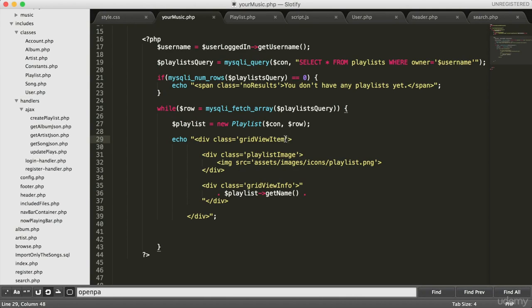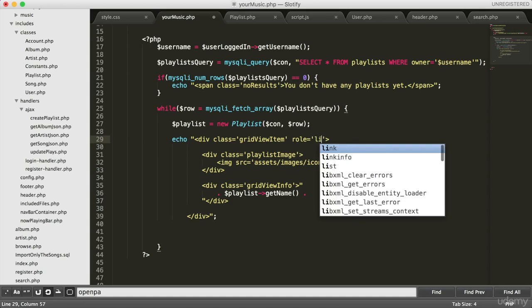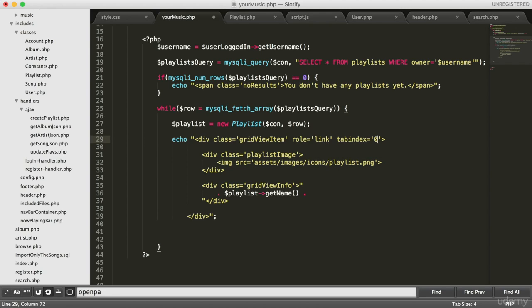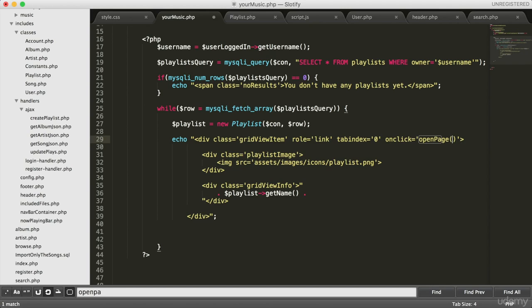our link attributes into this grid view item div. So right at the top there, in the grid view item div, just put role equals link, like that. Tab index equals 0. So this is our accessibility stuff. And then we'll say onclick equals openPage, like that. And then all we need to do is pass the page in there. And the page is going to be